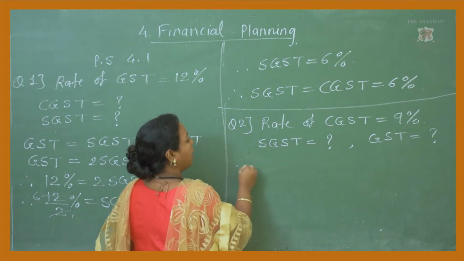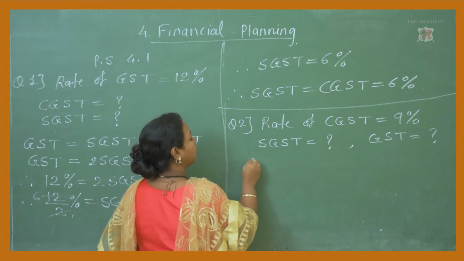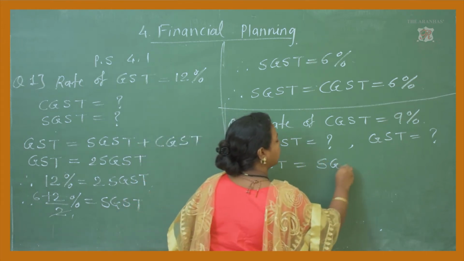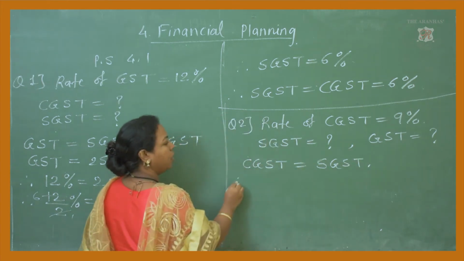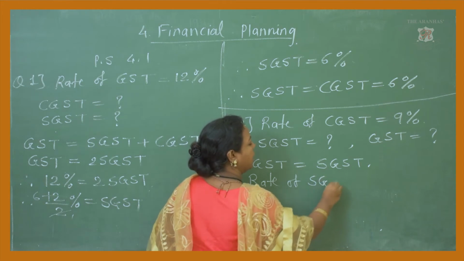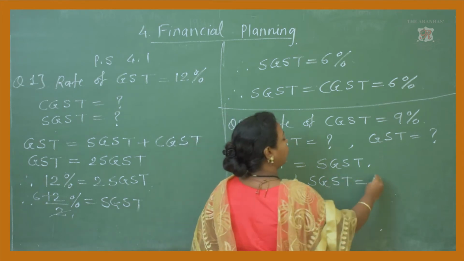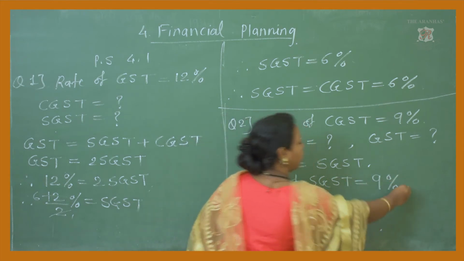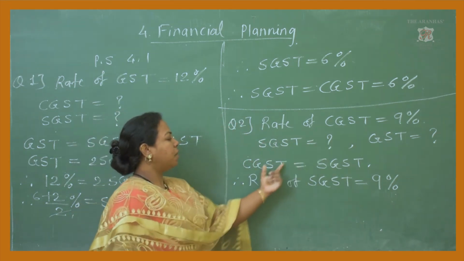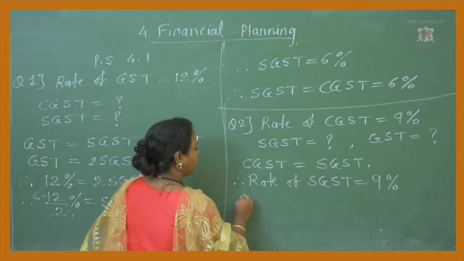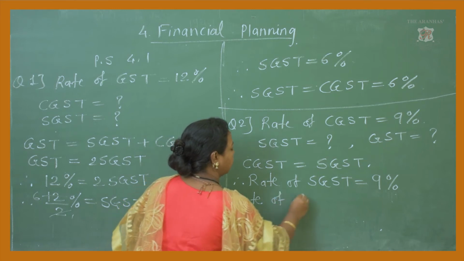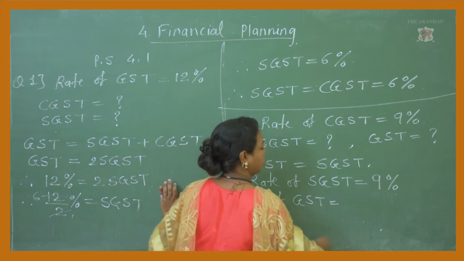But you have to write that as CGST is equal to SGST. Therefore, rate of SGST is equal to 9%. And also, we have one more relation, that SGST plus CGST is GST. So, the rate of GST is